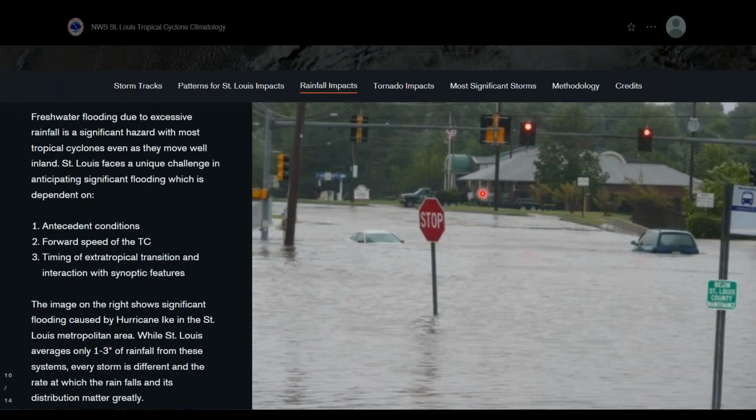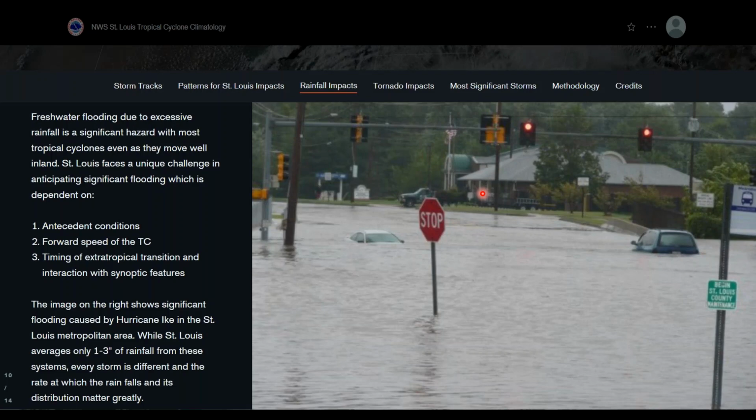So the main thing with freshwater flooding, which is the predominant impact that a lot of these TCs bring well inland into our area especially, is a really important challenge to forecast, especially given the need for various different factors such as antecedent conditions, the forward speed of the tropical cyclone, as well as the timing of extratropical transition and interaction with the synoptic features that it's moving into. With that being said, that can basically provide a pretty wide range in terms of outcomes, as we'll see in